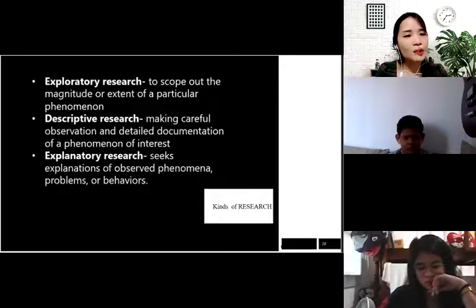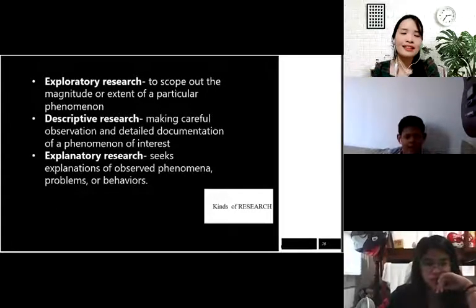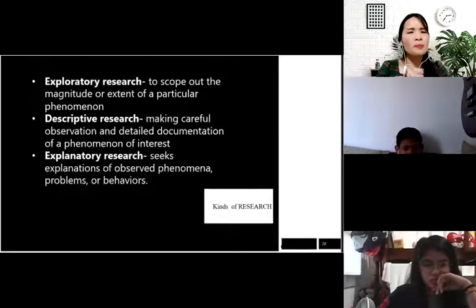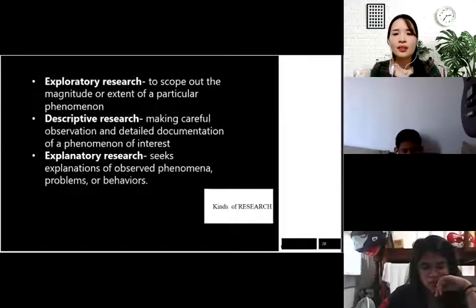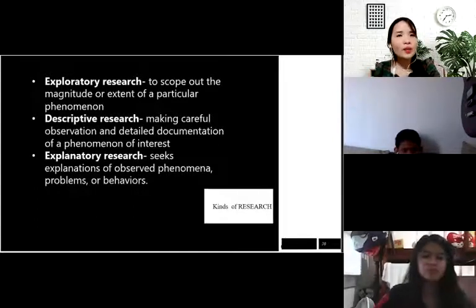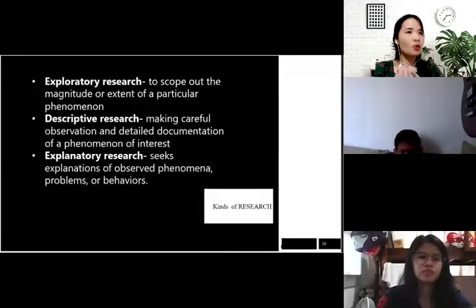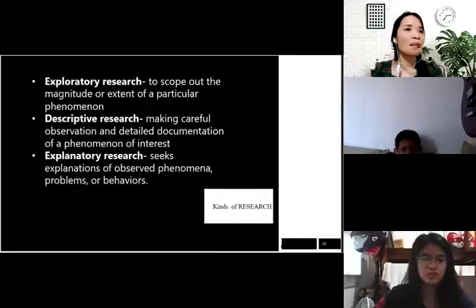And then next one, descriptive research. Descriptive research, making careful observation and detailed documentation of a phenomenon of interest. So, when we say descriptive research, with the word describe, you have to take note of the three words, such as what, where, and when. Para kang isa kang reporter. Isa kang reporter sa isang event at aalimin mo kung ano yung pangyayaring iyon, saan ginanap, kailan naganap ang isang